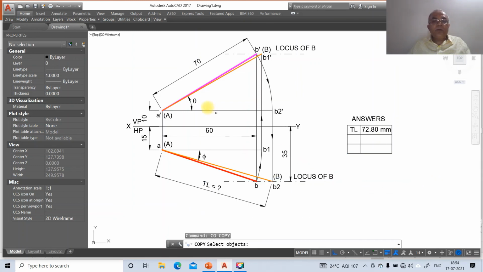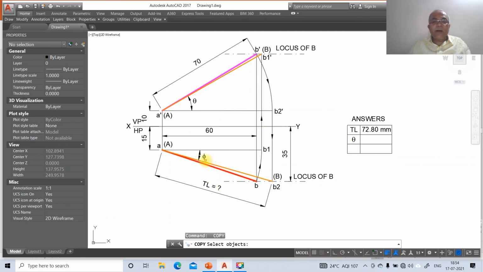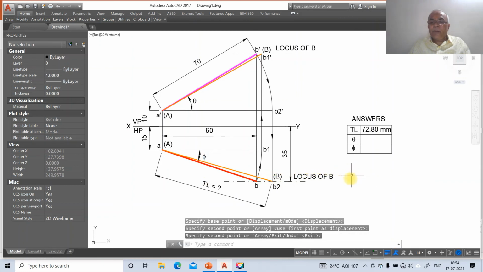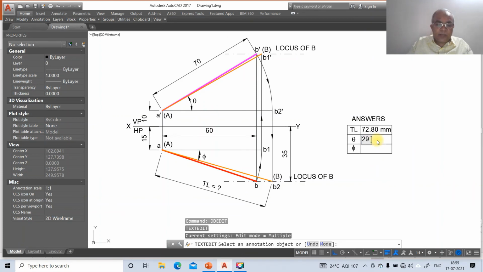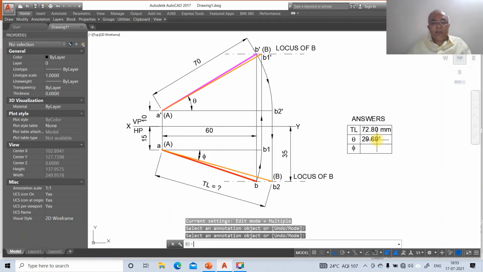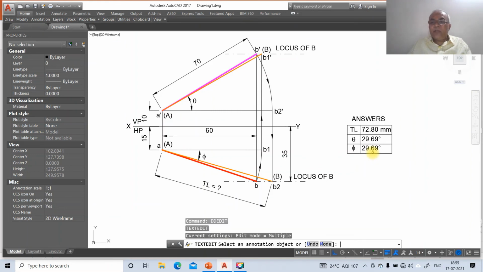Then go to trim, select this as the contingent and this as the object to trim, then go to copy. So select this and you copy theta here, and you take phi and copy it here, then go to copy, select this and you copy this here, then again you go to DD edit, and here theta has to be 29.69, so you take 29.69 percentage D, then go to copy, select this and copy this here, and then here you just take 15.95, so go to DD edit, select this and you take 15.95.